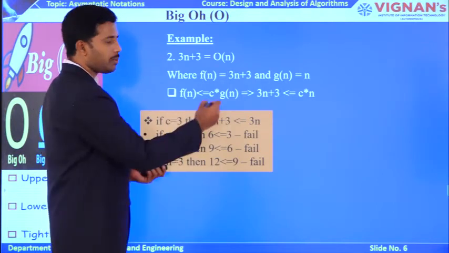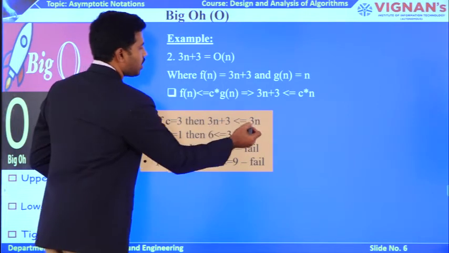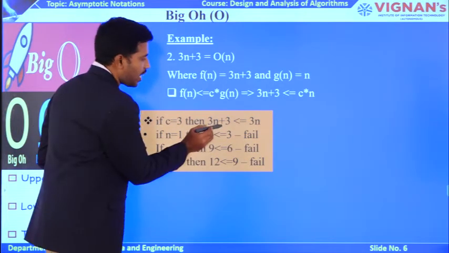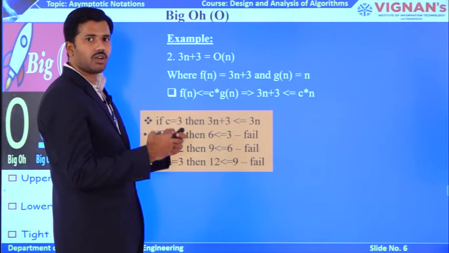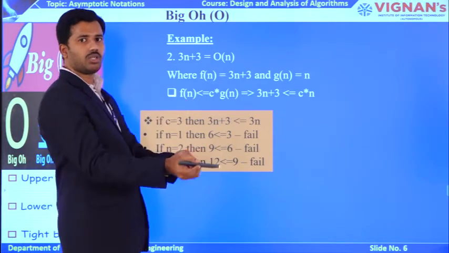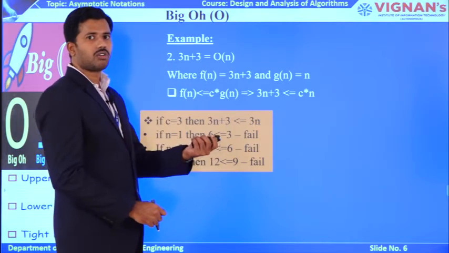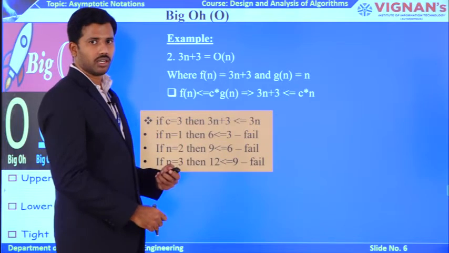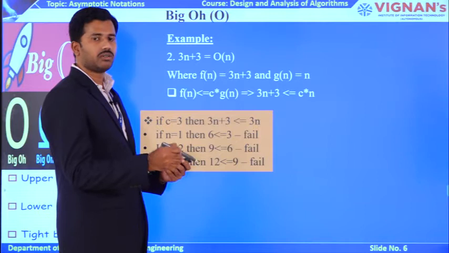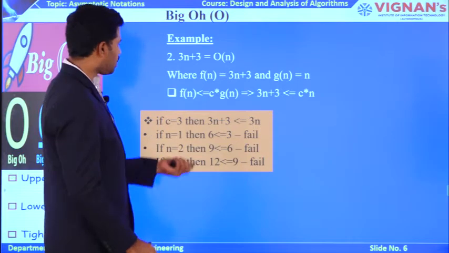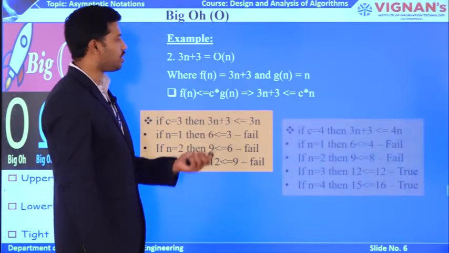Okay, this is not going to be satisfied at any n value, right? Why? Because if you observe f of n equation as well as g of n equation, f of n has 3 extra constant value. So, that is why f of n is always going to win over g of n, and that is not going to be a relation with big O of n. So, big O of n is saying g of n has a higher value than f of n. So, this equation will not be satisfied for every n value. So, that is why you need to take c value as 4.